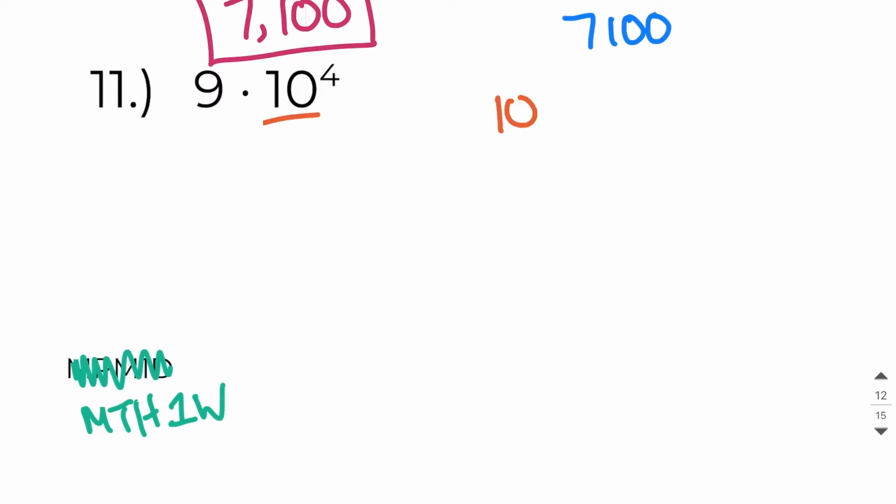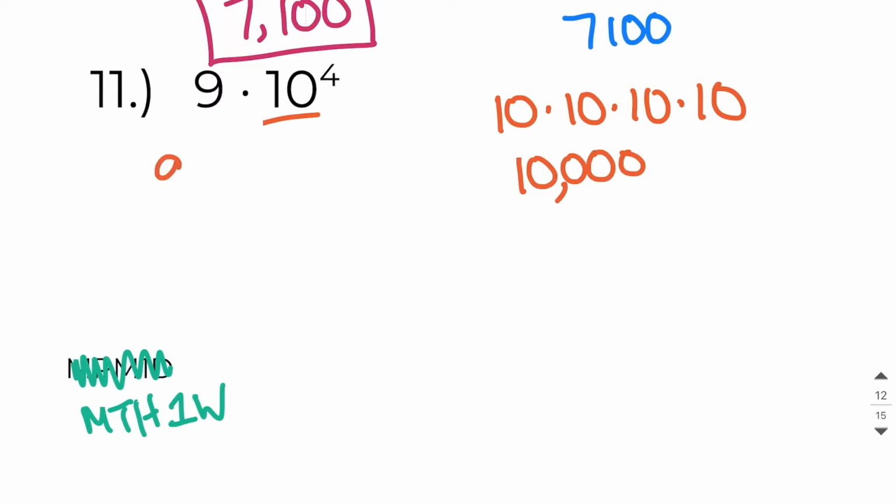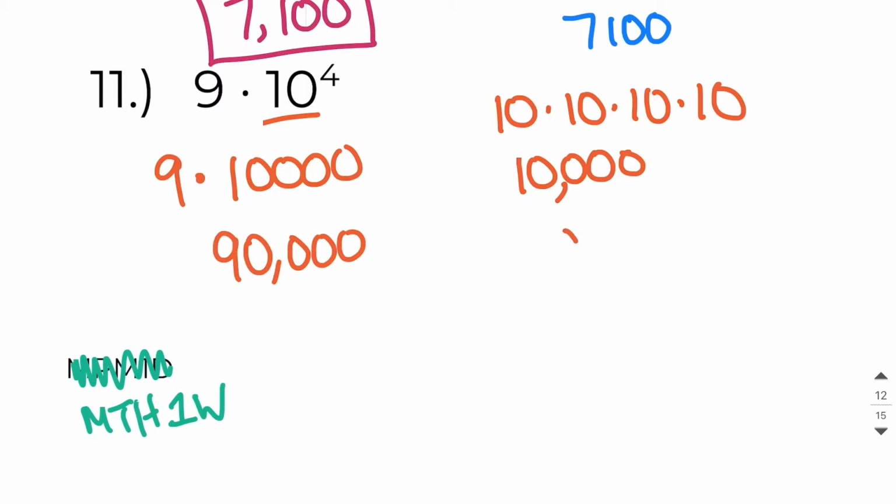But 10 to the power of 4 means 10 multiplied by itself 4 times. So this is 10,000. So this is just saying 9 times 10,000. And when I do that, I get 90,000. But just a reminder,